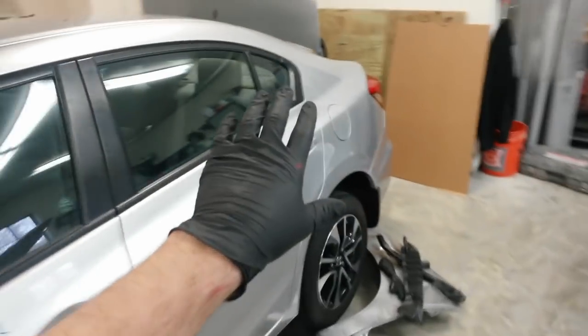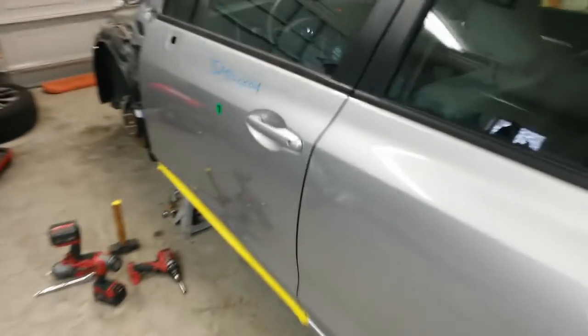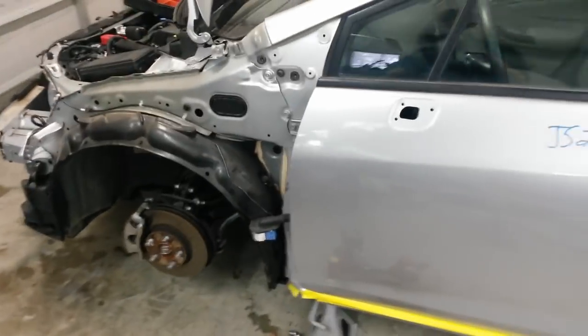I've got parts in the trunk for this one. I don't want to dig the spare out of this and then have to put it back. So since I've got the spare tire right over there by the light, I'll just throw it on this car and use it here. I don't need it for the Accord anymore. So all I had to do in here really,